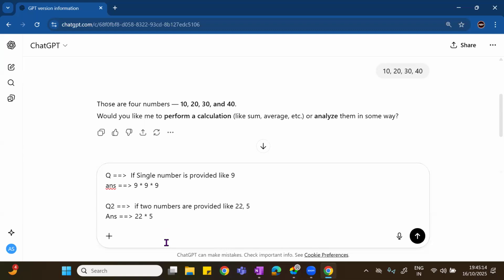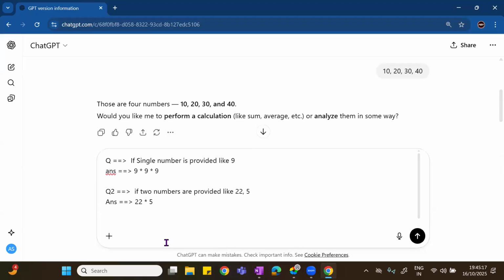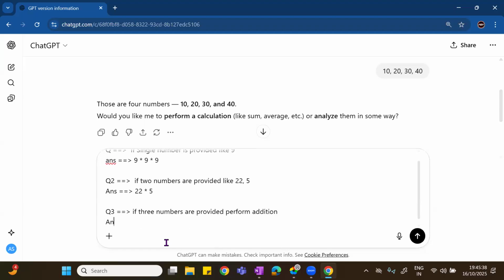It has to do the multiplication. Question 3: if three numbers are provided, perform addition, like 100 plus 200 plus 300.